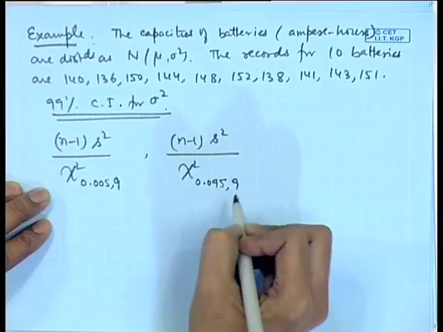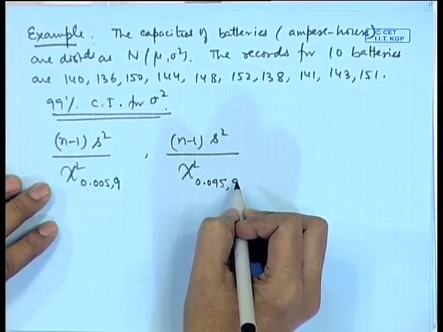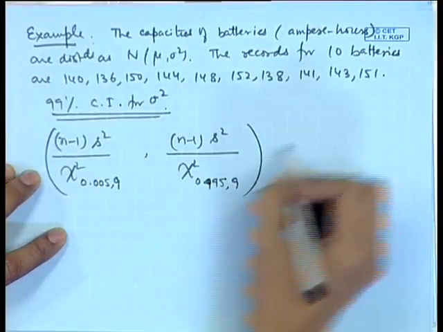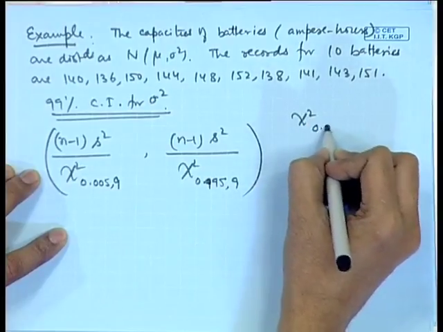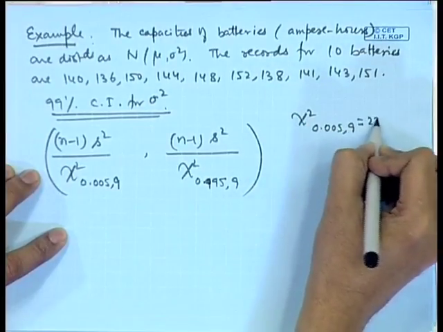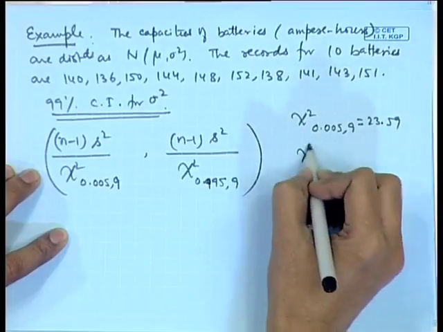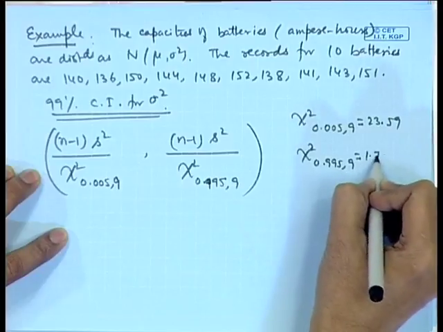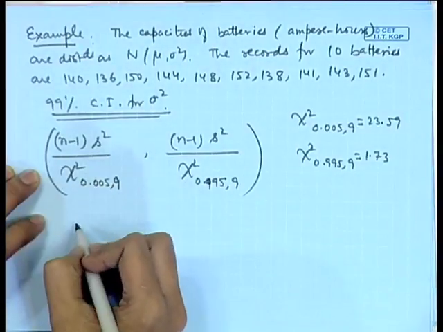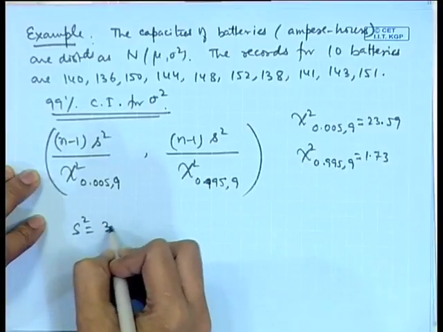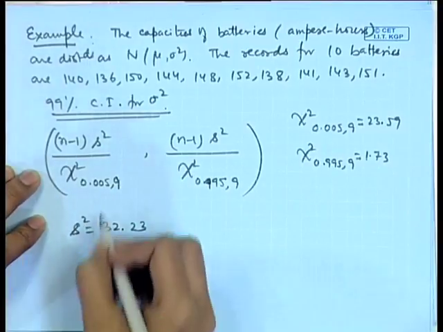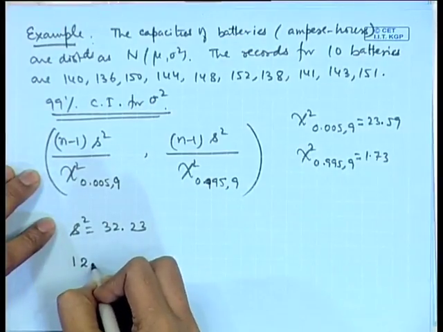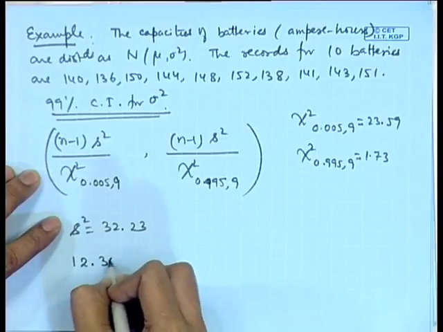0.995. So, these values we see from the tables of the chi square distribution. Chi square 0.005 on 9 degrees of freedom is 23.59 and chi square 0.995 on 9 degrees of freedom is 1.73. So, s square we calculate here, it turns out to be 32.23. So, after substitution of these values, the confidence interval turns out to be 12.30 to